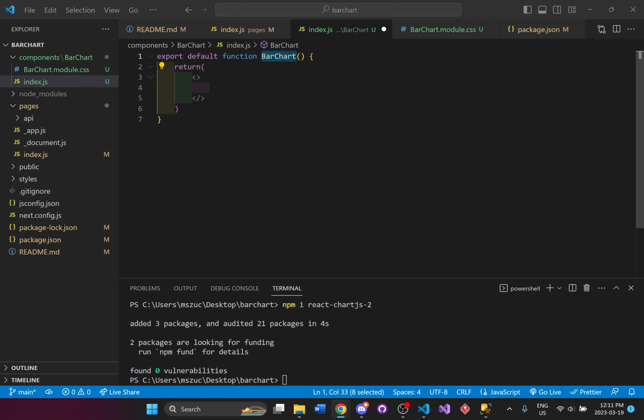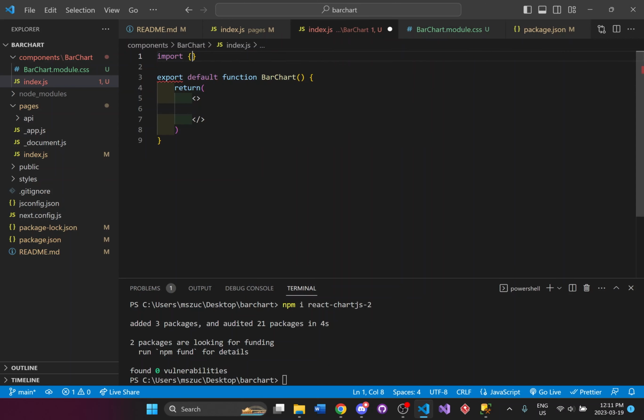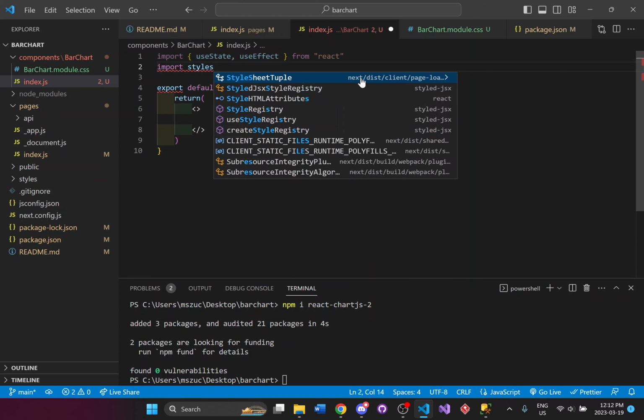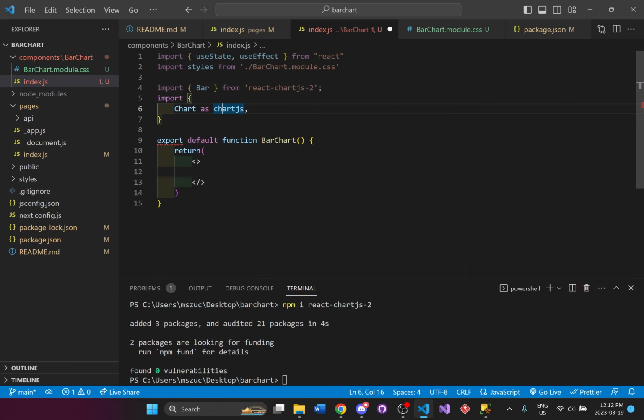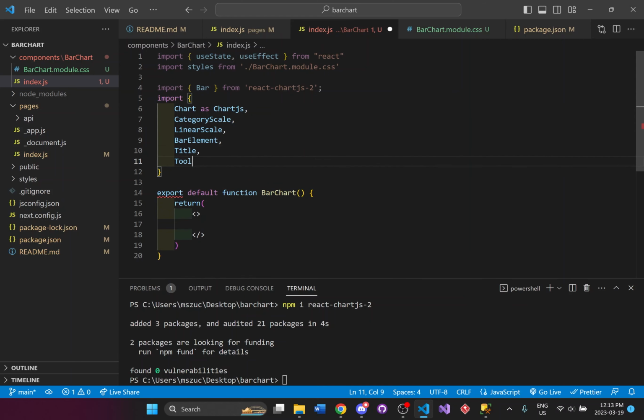And right here for this bar chart component, I have to import a few things. And I'll import styles as well. So I just have to import all these things because this is what a bar chart contains.